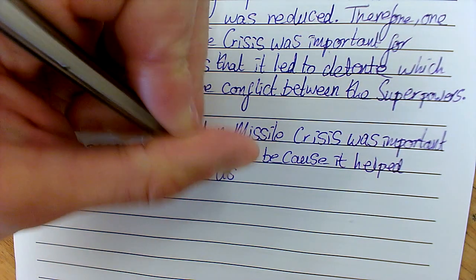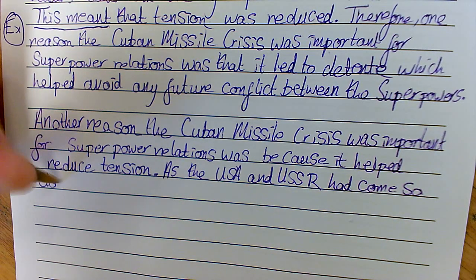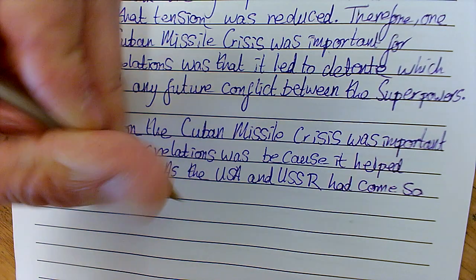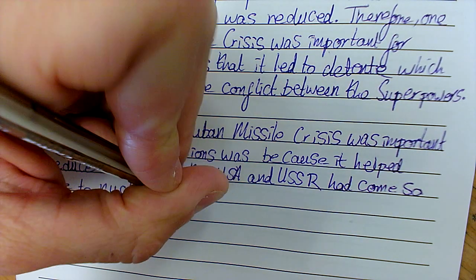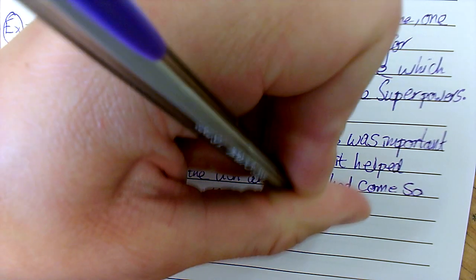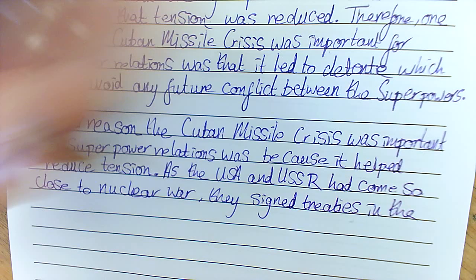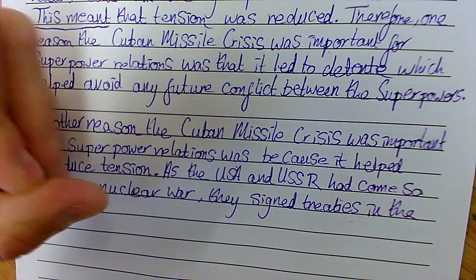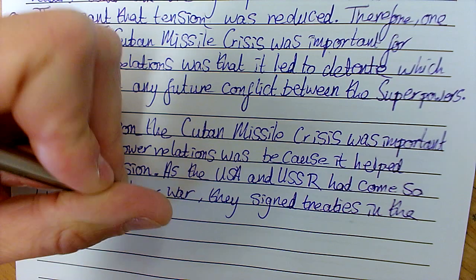As the USA and USSR had come so close to nuclear war, they signed treaties in the late 60s such as,